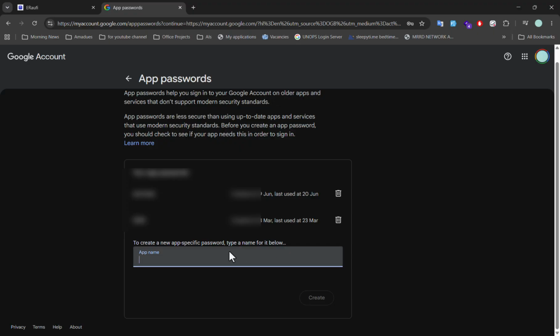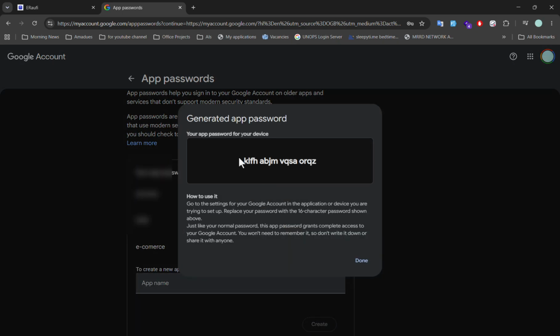So in here, let's type the name for it. So let's say e-commerce and click create. Now it generated this key for me. I will copy this. Then inside my